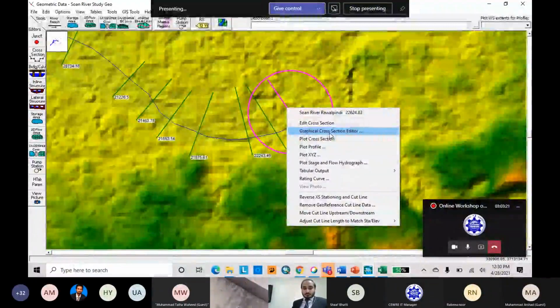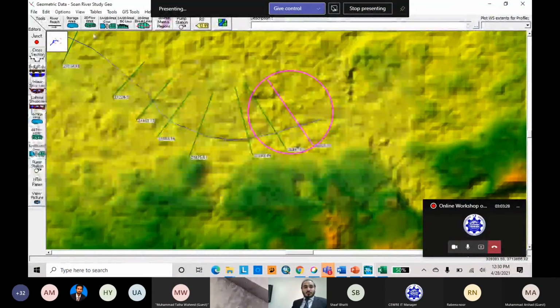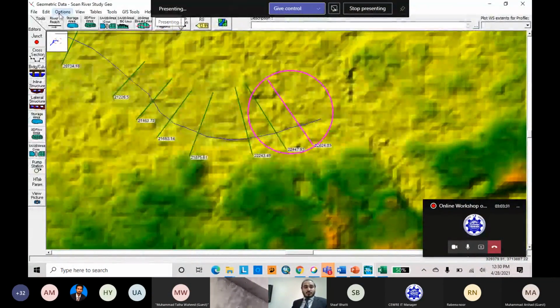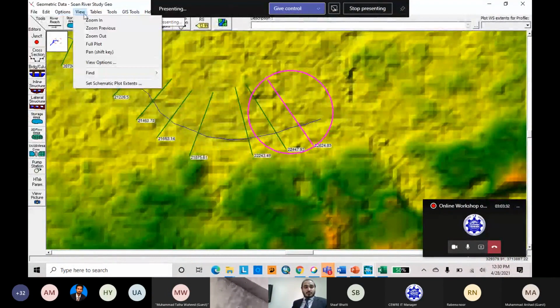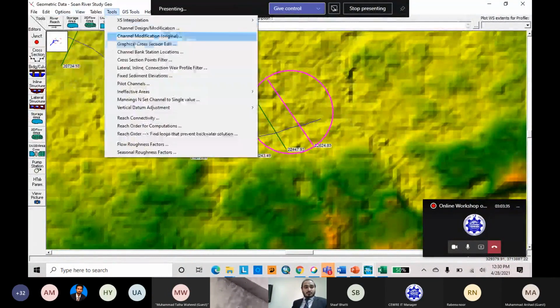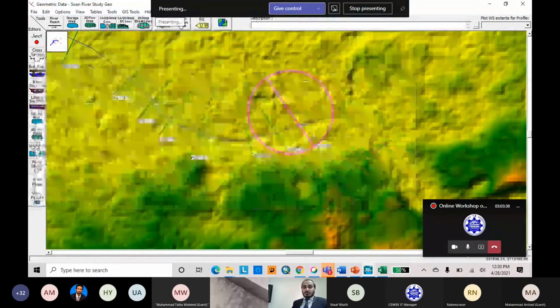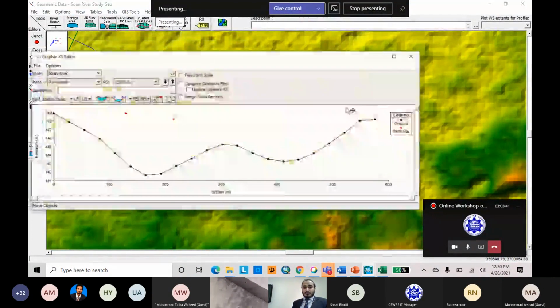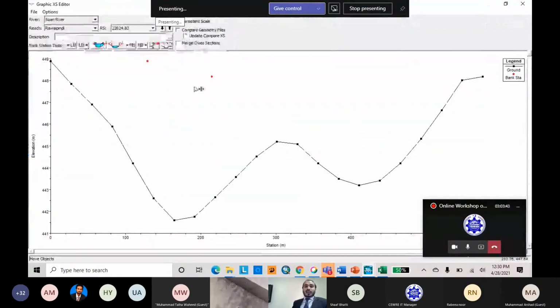We have to go to the graphical cross section editor. You can also go to it from up there. There are a lot of different ways, but we will go directly from here just to save time. Yes, you have to adjust your cross section here.